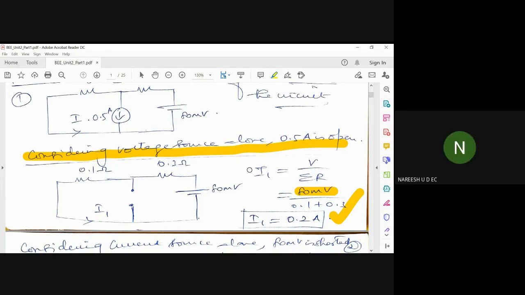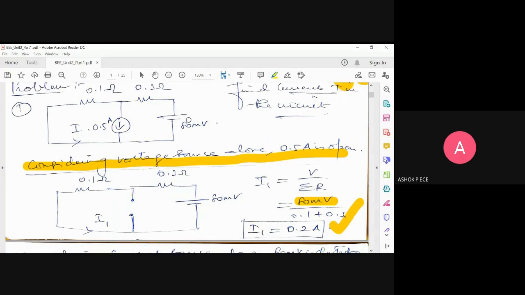Yes, sir. I am considering the voltage source alone, turning off my current source. Turning off the current source means you have to replace the current source by an open circuit. And remember, through an open circuit, no current flows. So this open circuit can be considered as not a part of your circuit. It is just shown here to make things understandable to you. So this open circuit will not have any effect on your circuit. Is it clear? The first case, considering the voltage source alone.